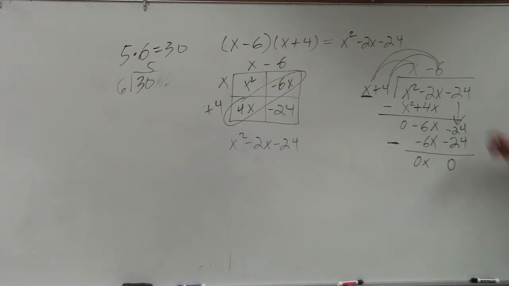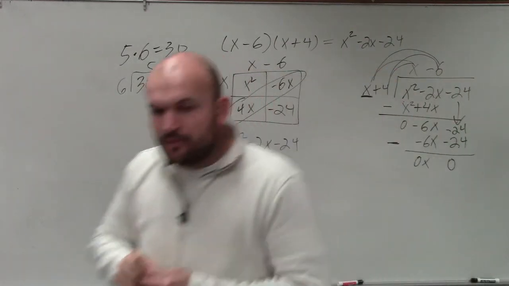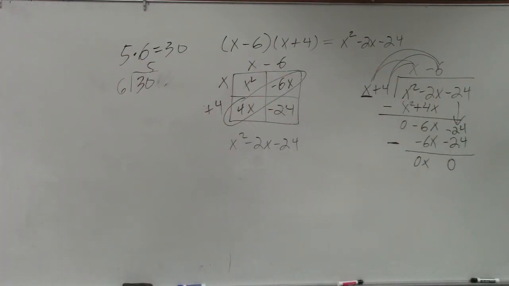So therefore, you guys can see that x minus 6 times x plus 4 is equal to that, right? So that is your quotient. OK? What I'm going to do is